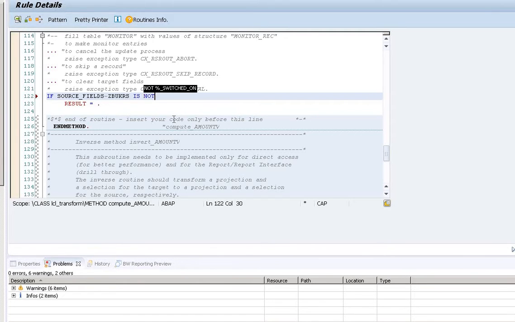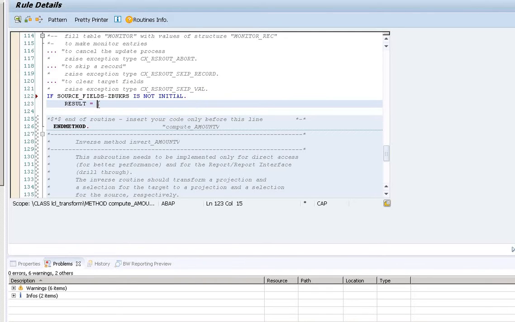Suppose I'm giving a condition like not initial. If it is not initial, then you are going to change the result.